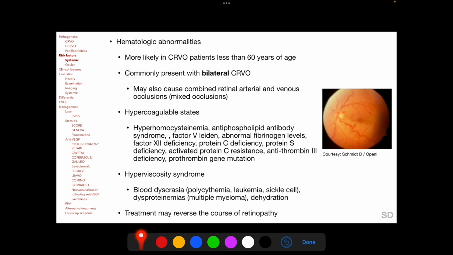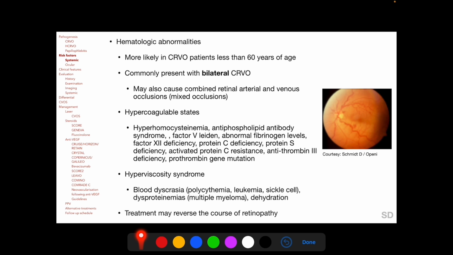Hematologic abnormalities such as hypercoagulable states and hyperviscosity syndromes may also cause CRVO, and these etiologies are more likely in CRVO patients less than 60 years of age. Patients with CRVO due to these abnormalities commonly present with bilateral CRVO, and these etiologies may also cause combined retinal